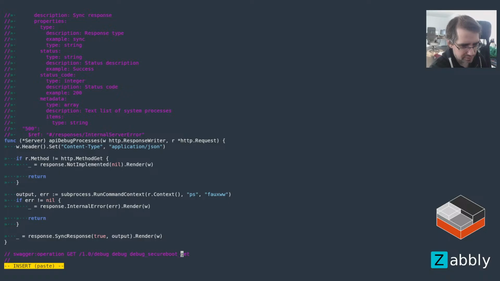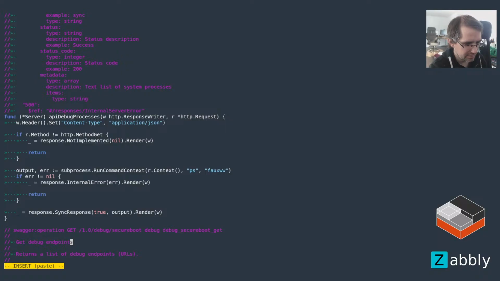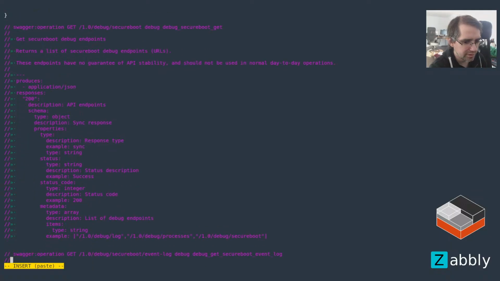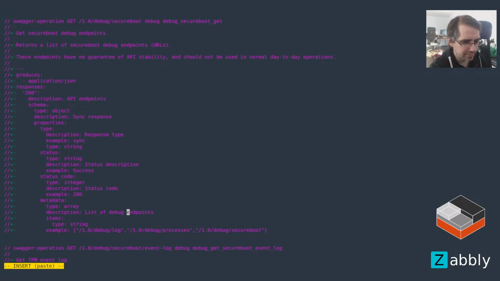Debug secure boot get. Debug slash secure boot. Get secure boot debug endpoints with a list of secure boot debug endpoints as URLs. These endpoints have no guarantee of API stability, shouldn't be used. Yeah, that's fine. List of secure boot debug endpoints, 1.0 debug, secure boot, and